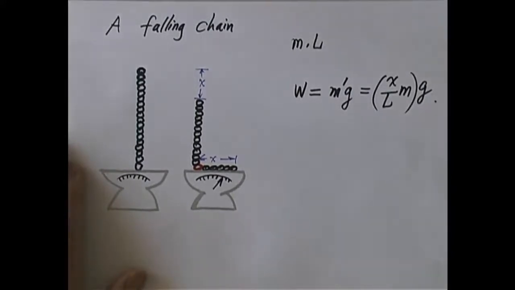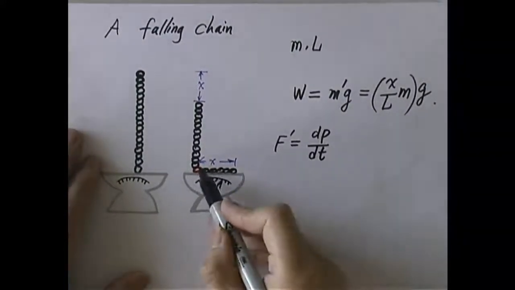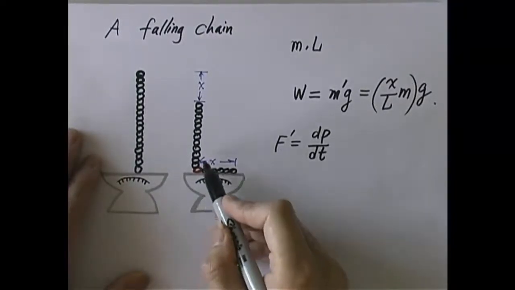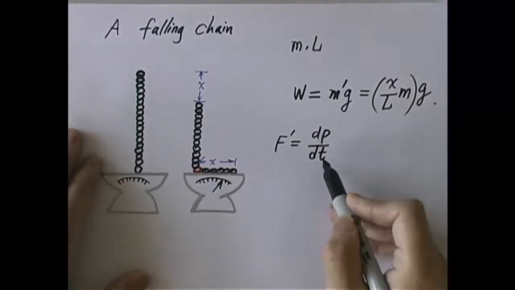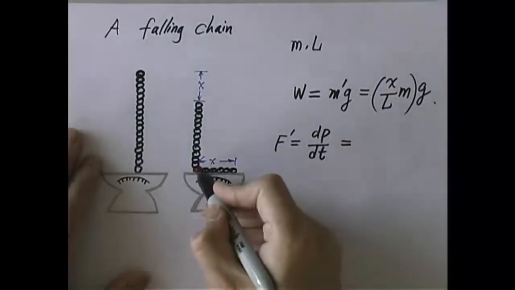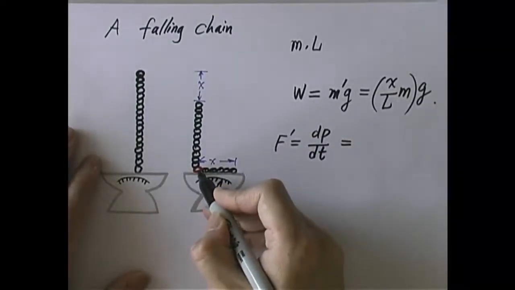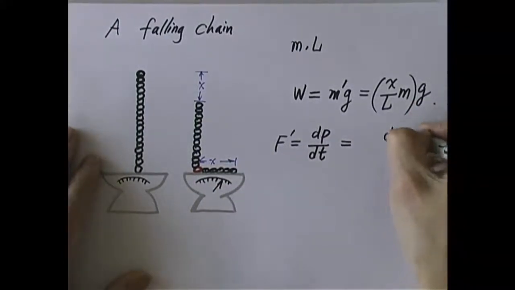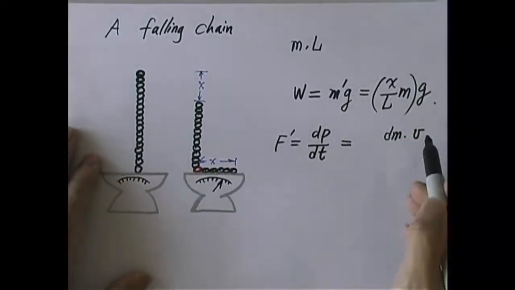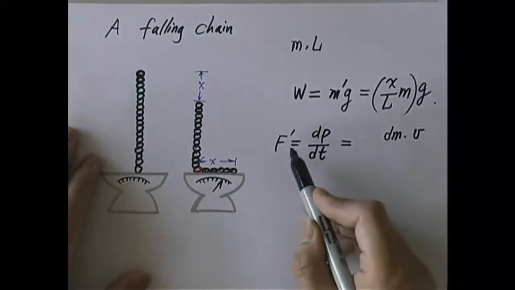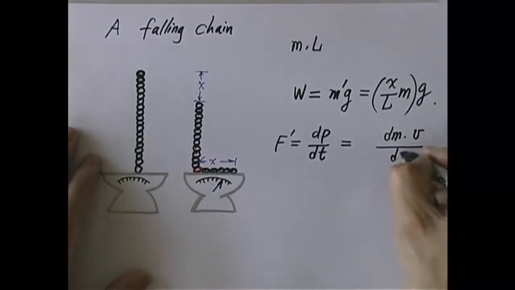So what is that extra force equal to? Let's consider the extra force needed to bring this second part of the chain from speed v down to speed 0. That's called f prime, dp over dt, that's the formula we use. What's dp? You consider a little segment of the chain. Before it lands, it has a mass dm and the speed is v. After it lands, the speed reduces to 0, so the absolute value of dp is dm times v. I'm just looking at absolute values here. Now I divide by dt.